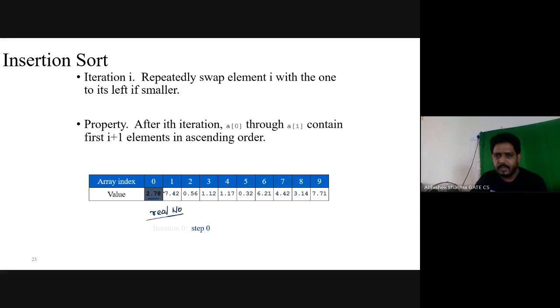Now, iteration i: repeatedly swap element i with the one to its left if it's smaller. So iteration i will repeatedly swap the element i with the one to its left if smaller.